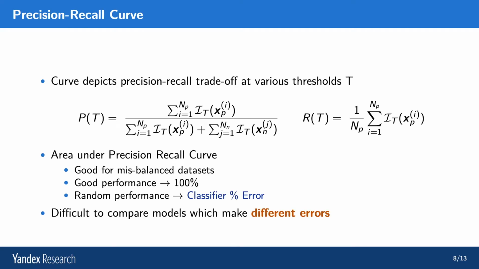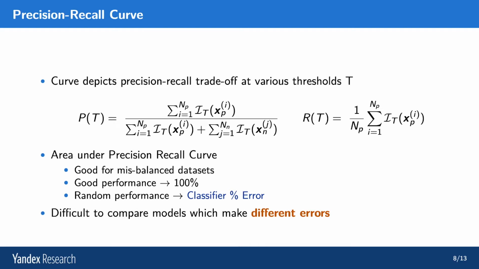Now, for the precision recall curve, we plot the precision, which is the number of correct positive examples or outliers we have detected out of all the outliers we have detected. And the recall is the number of positive outliers we have detected. Now, this is particularly good for misbalanced datasets. So if you have a dataset, for example, in error detection, where most of your dataset is clean examples, like, for example, if your error rate is 5%, then 95% of your test set is good and 5% is errors.